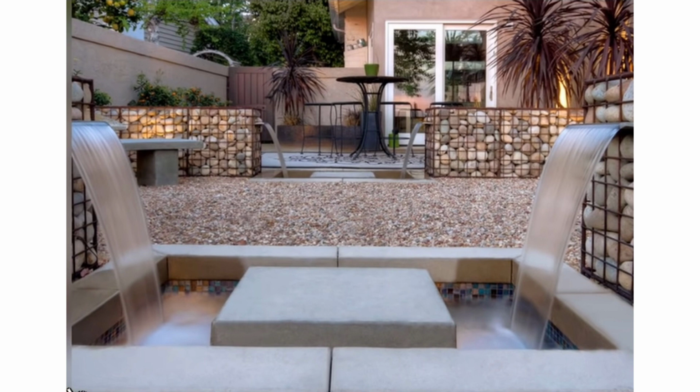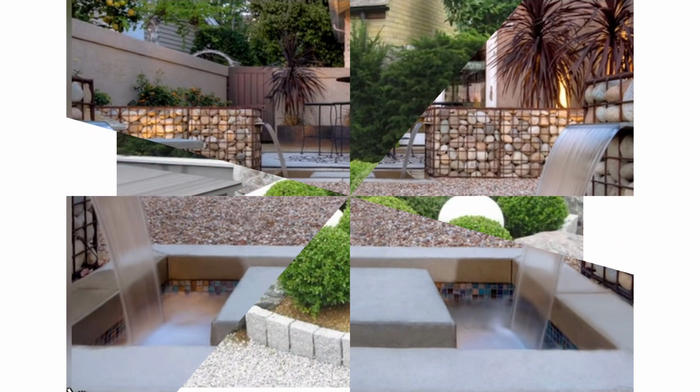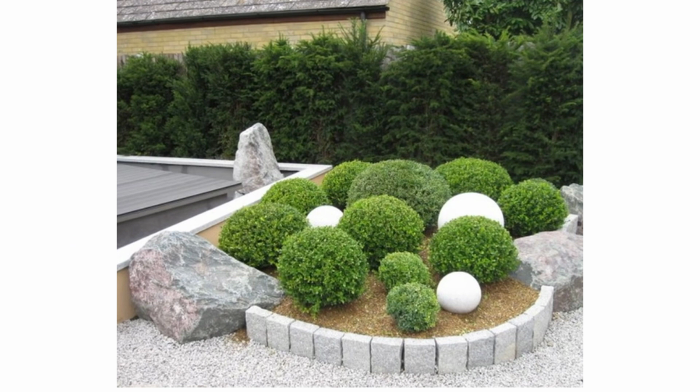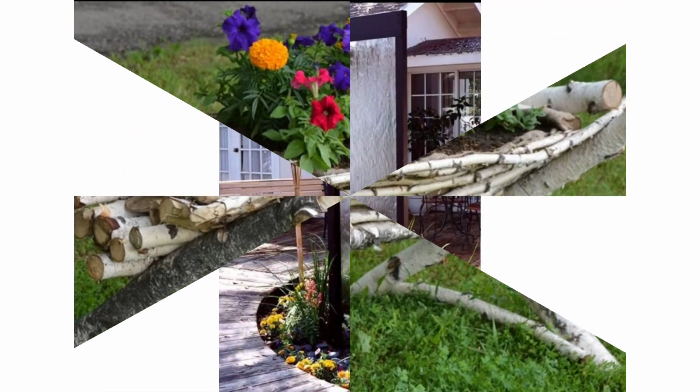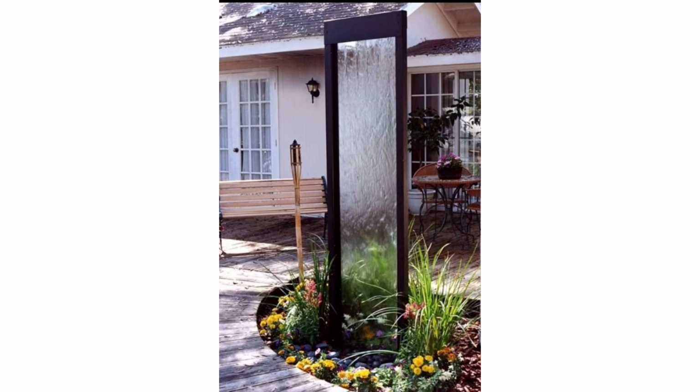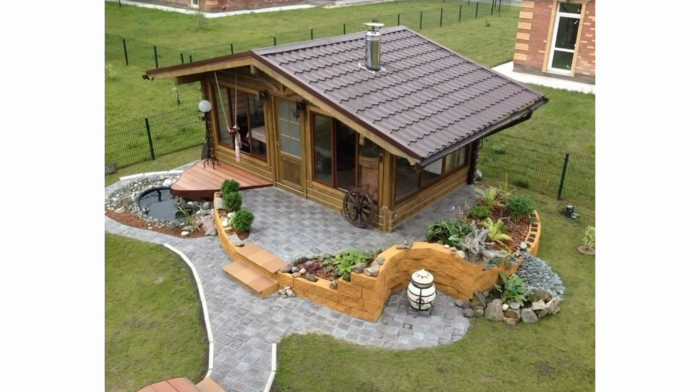From easy-to-maintain garden ideas that will enhance your space without costing the earth to bigger landscaping projects that could even add value to your property, there is plenty in the way of inspiration to make your backyard space bright, convivial, and fun to spend time in. Raised beds are roomy and a must for growing fruit and veg. That is, if you have the space. But if you have a small backyard and still want to grow herbs, edibles, and even florals, container gardening is